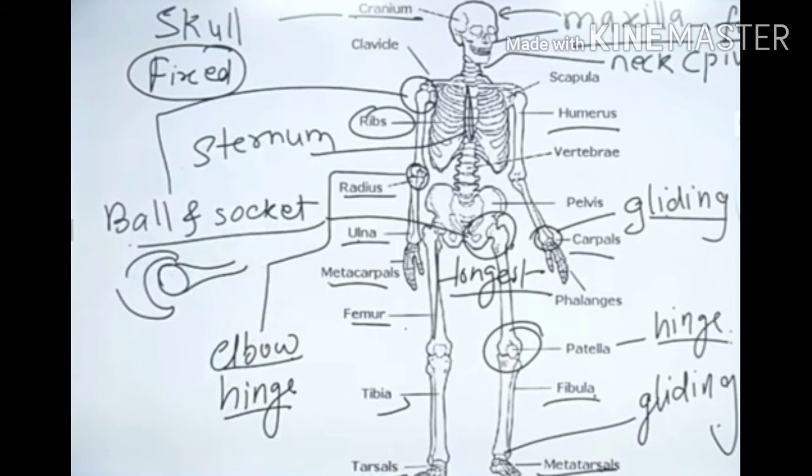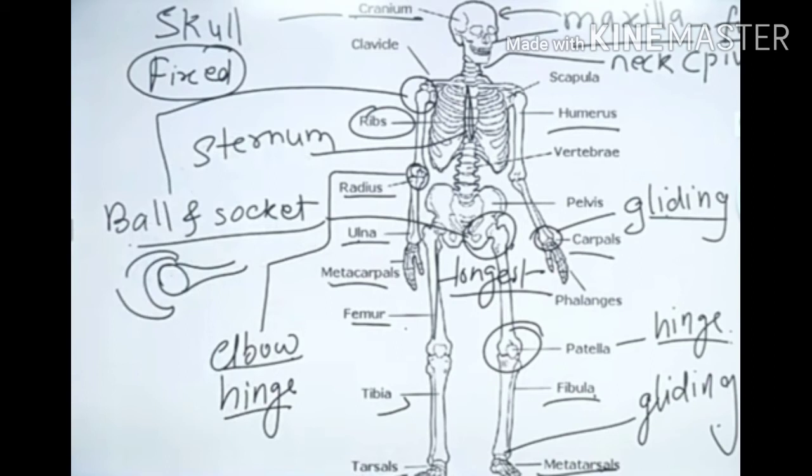Next is vertebra, which we have discussed. The vertebra are the circular bones of the backbone. Next is pelvis. It is also a ball and socket joint, as pelvis works as socket and the thigh bone or femur works as a ball which fits inside the pelvis. After pelvis, it's gliding carpals. Carpals means the bones of the fingers are connected with the radius or ulna.